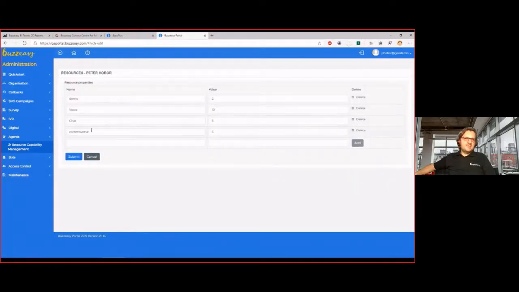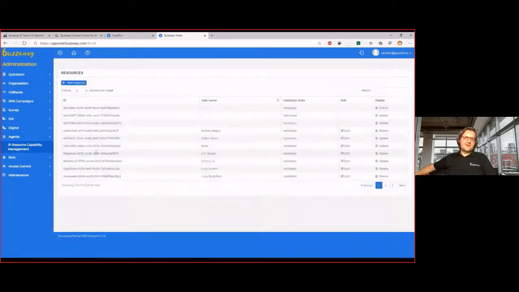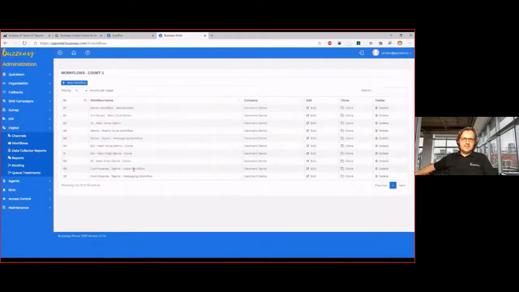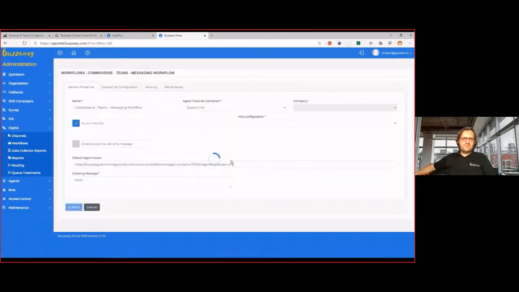And on the agent, basically, you can imagine that I need to have this attribute, this skill. And I'm 5. One shall be enough, but I'm skill level 5 on this, so that's why I could handle these calls. Let's go back to the workflow, and let me also show you the digital channel, the messaging workflow as well.